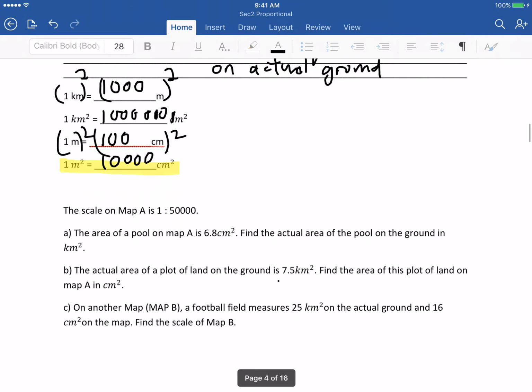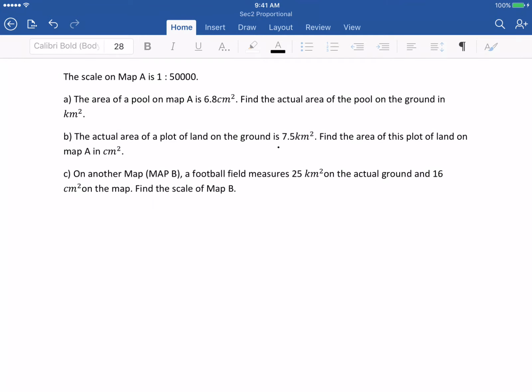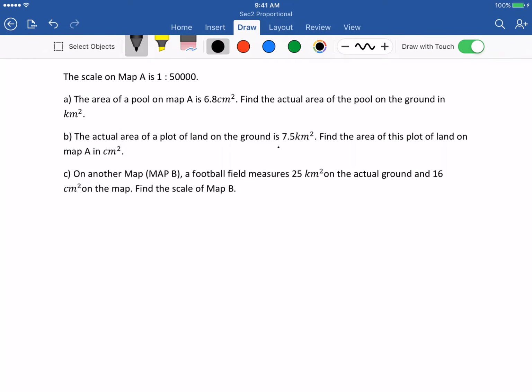Okay, can? So let me try the next example for you. Let's read first. The scale of map A is actually 1:50,000. The area of the pool on map A is actually 6.8 cm square. You're supposed to find me the actual area of the pool in kilometers square. So first thing, write out the scale first. So what's the scale? The scale is actually 1 cm is to 50,000